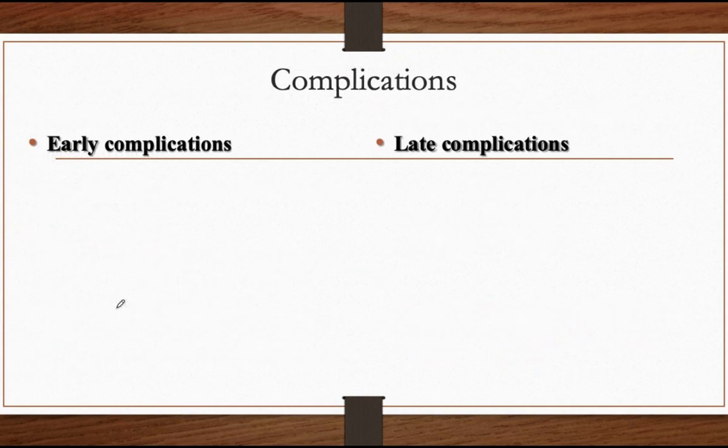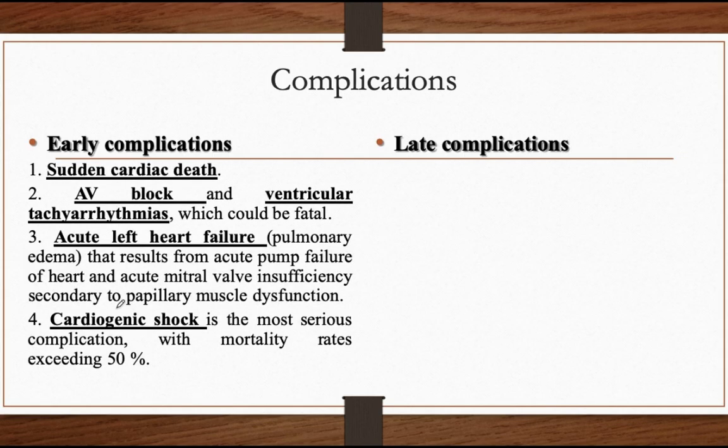Now, what are the complications that we may find in acute coronary syndrome? Basically, we have the early complications and also the late complications. Early complications: there may be sudden cardiac death, which is obvious based on all that we've talked about. Then also, there may be AV block, ventricular tachyarrhythmias, which could be very, very fatal. Then we may also have